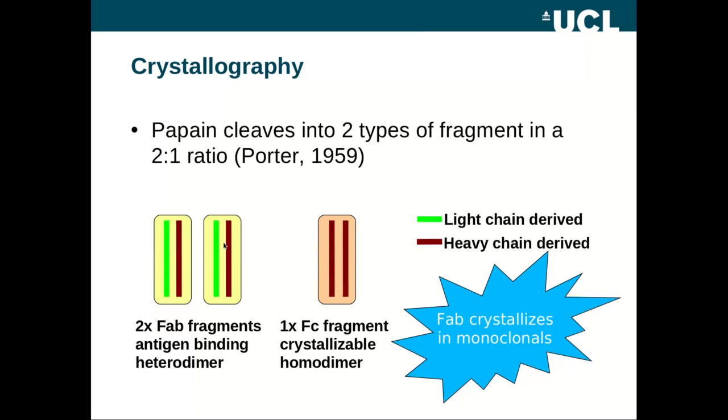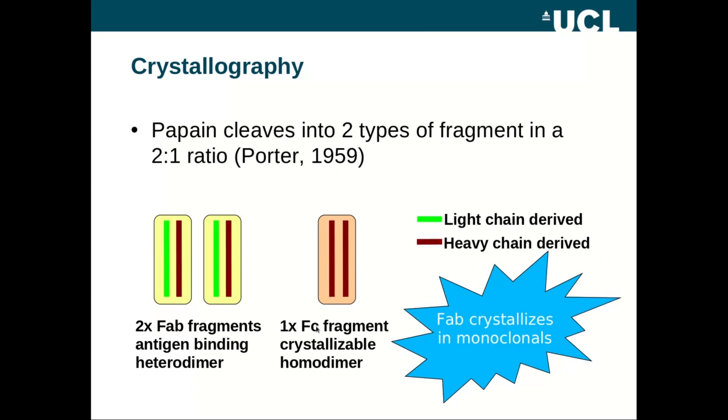The fragment that was present in the one part of the ratio turned out to crystallize. It was a homodimer and it would crystallize. On the other hand, the other part that was present in the 2-to-1 ratio wouldn't crystallize. So what he proposed based on this information was that the crystallizable part, which he called the FC, for fragment